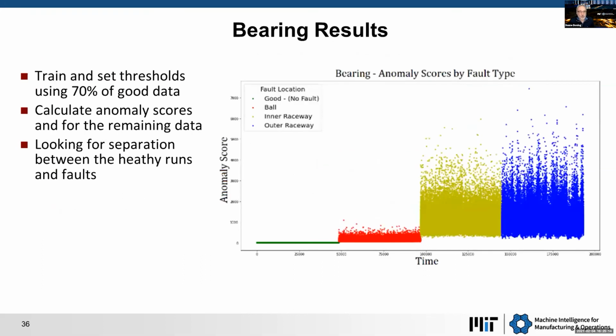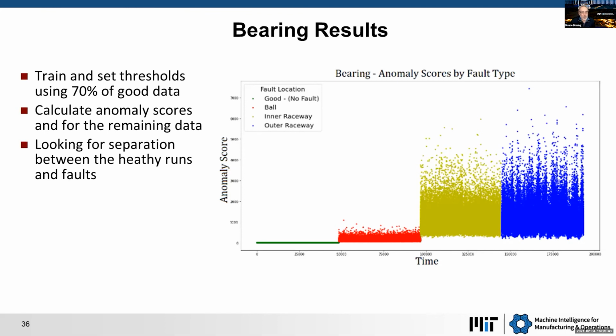So here's some of the results. What you're seeing here in the plot is the anomaly score on the vertical axis. And then in time, these were ordered in time, are the training data. That's the green cycles, the green runs, each of 10 seconds each. And then in red, that was the dings on the ball itself, and you can see larger anomaly scores, and similarly then for the inner or outer